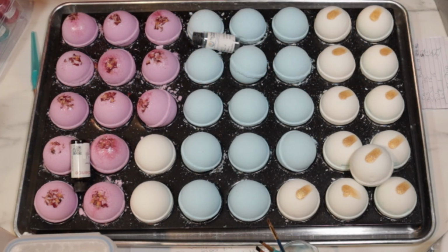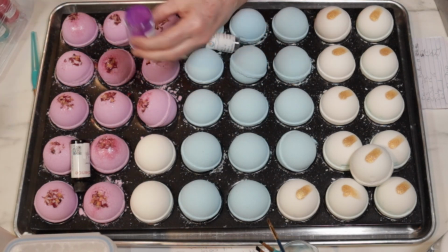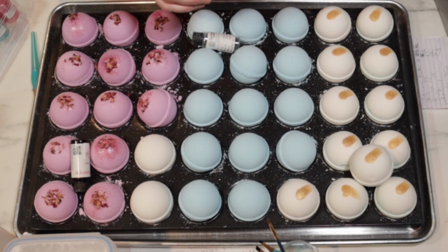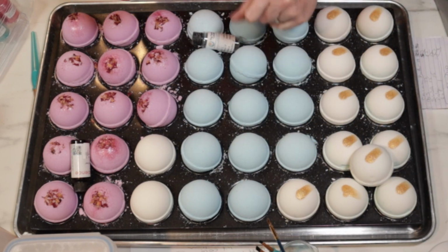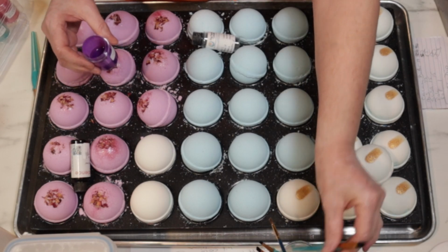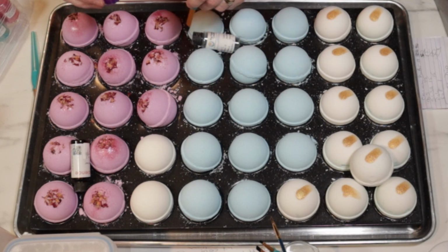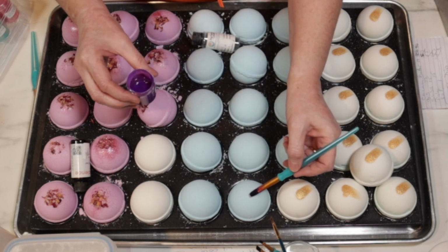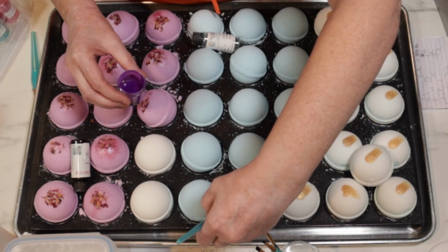And I kind of want to do the same thing for my lavender. So I have Queen for a Day. This is a Nurture Soap lavender. Because again, I really thought I was making a purple and it ended up being a blue. Kind of disappointing. And so I don't want to do exactly the same thing, so I think I will go with a little bit of a smaller one, and I may just kind of like do a double, like almost like a wing. Let's see what I can do here. Maybe I'll do...